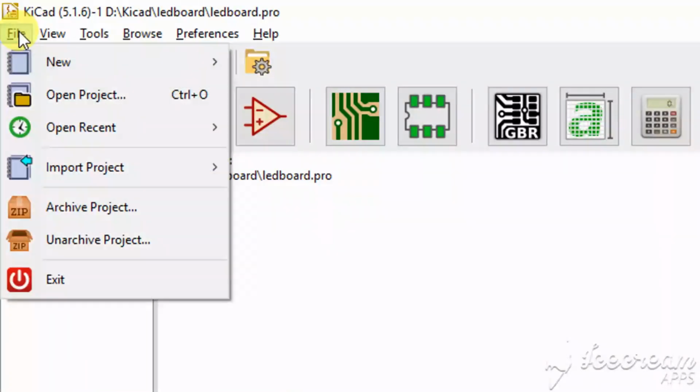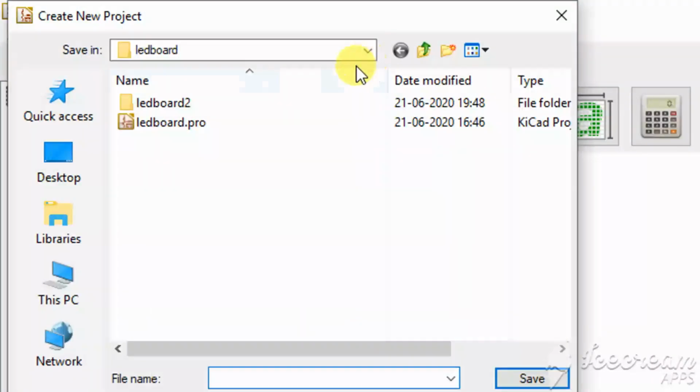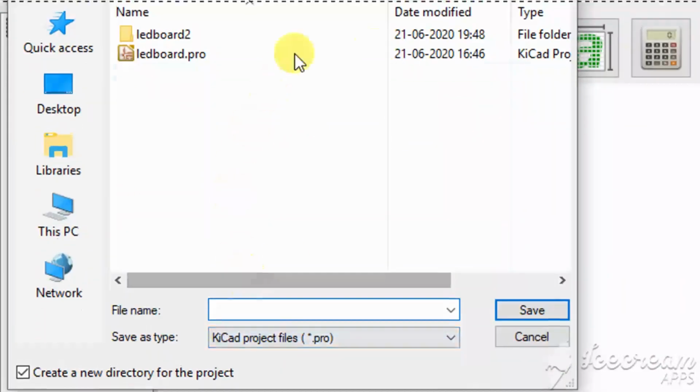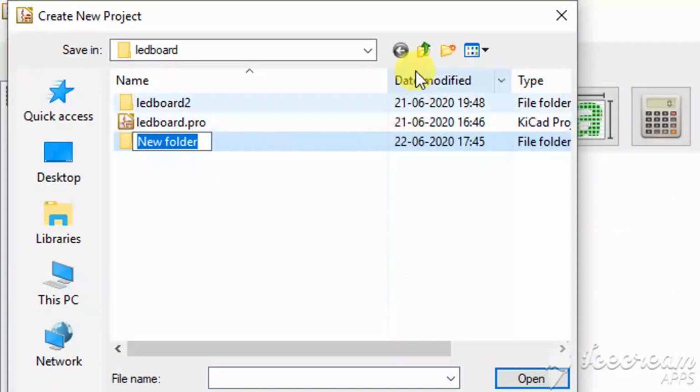Click file. First, create a new project. Go to the file menu, click new, and click project. The create new project dialog opens. You use it to create a new folder. Click this new folder button and type your project name, LED.